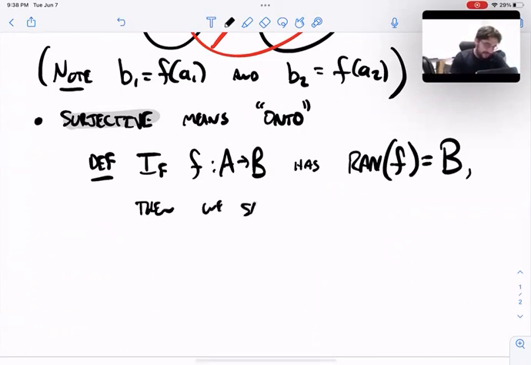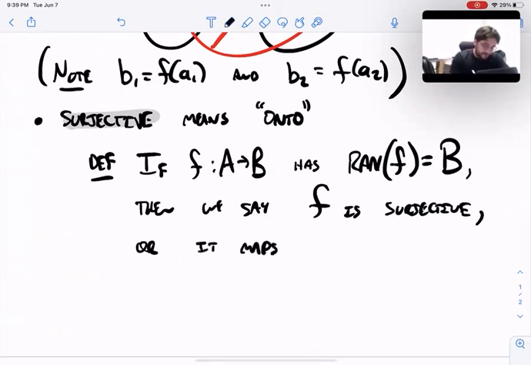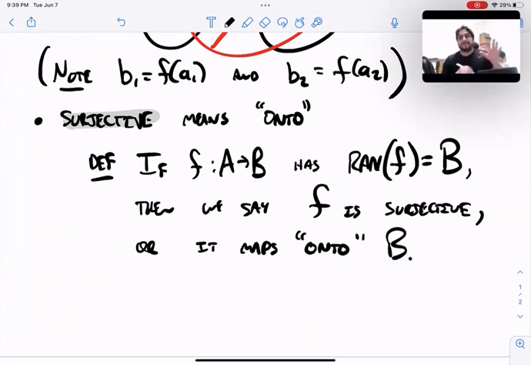Then we say f is surjective, right? Or it maps onto B, meaning it maps onto all of B. It uses all of B, right? So this is some language that you'll see here as far as